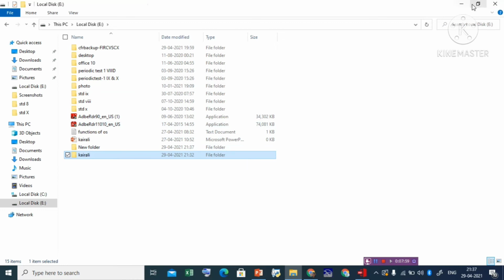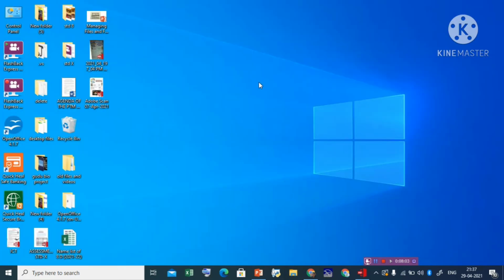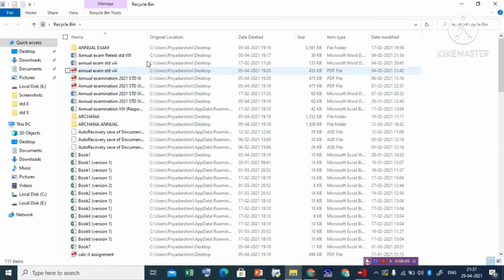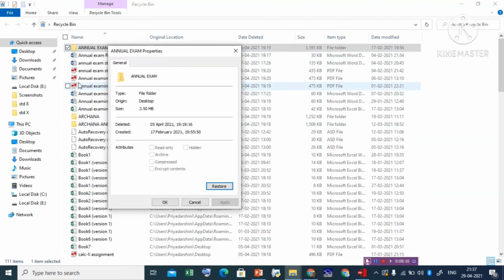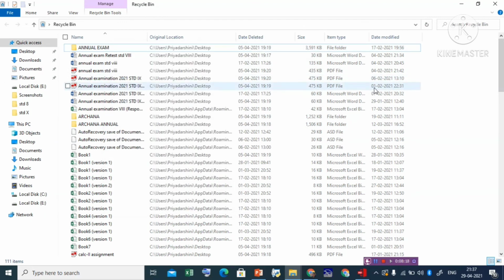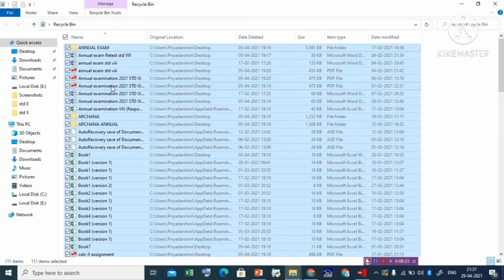One thing I left out: if you want to delete all the files permanently, go to your recycle bin, where there will be the option empty the recycle bin. You can also select all the files and delete them, and all the files will be deleted from the recycle bin permanently.